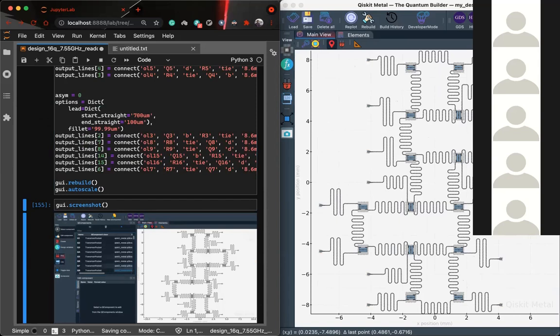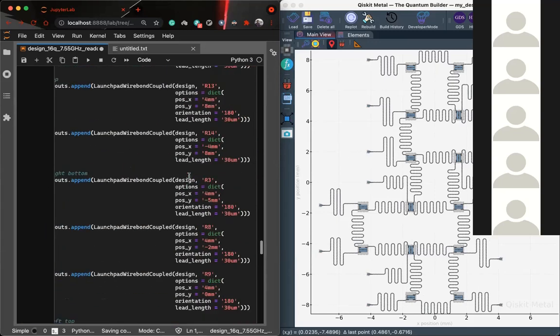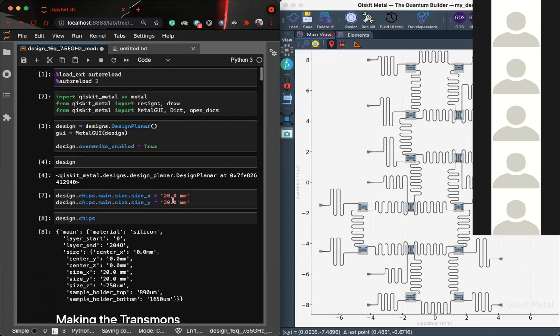Okay, and one thing you need to ensure is that your entire chip fits within your chip size. Initially we defined the chip size to be 20 by 20 millimeter, and you can see it is almost 9 mm here and minus 9 mm, so it comes under 18 mm.